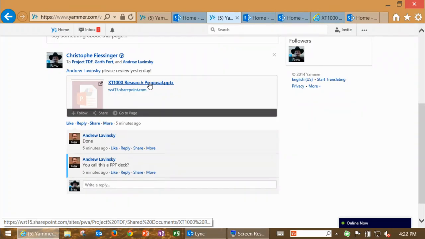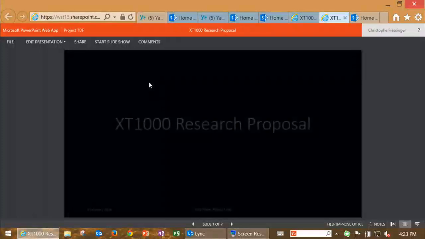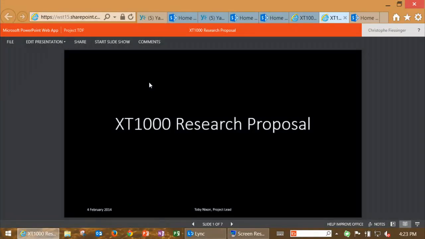Now, whether we do versioning, whatever we do with SharePoint, this is just standard SharePoint. But all the conversations from there on are captured there. Again, to reiterate, if it was just Andrew and I that have access to that team site, my colleagues on that TDF site, or anyone at Contoso, because it's open by default, will see the conversation we're having back and forth. But every time they click on the link, again, if you look at the URL, I click on the link, it's pointing to SharePoint. So if I didn't have access to that document, I'll say, please request access.